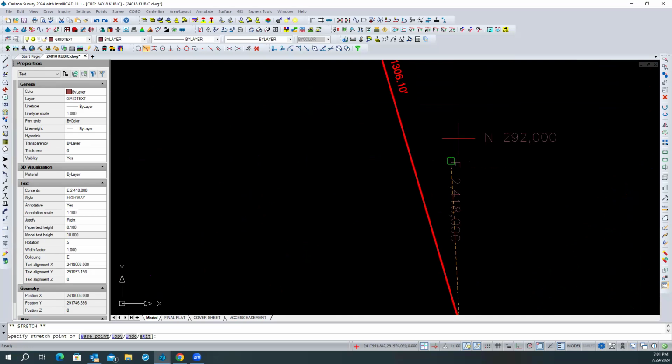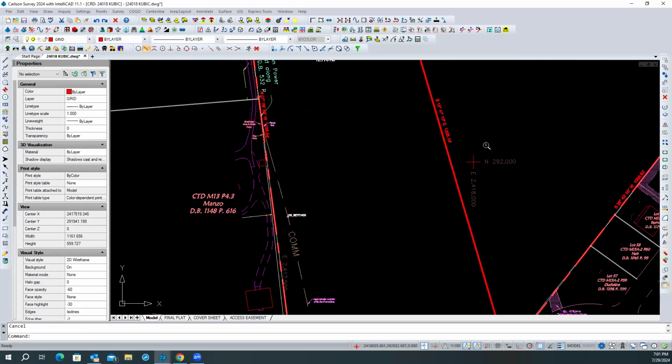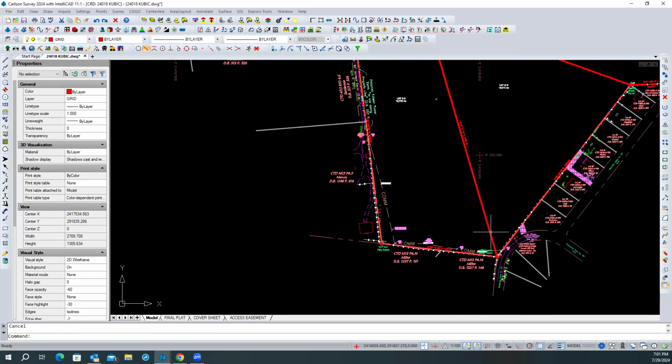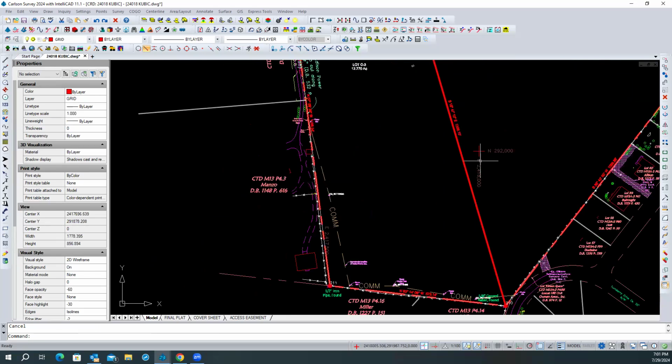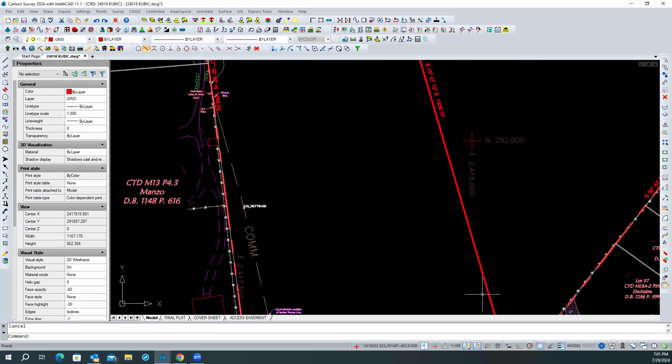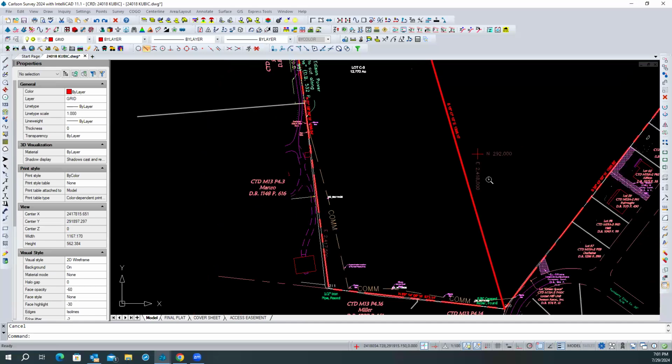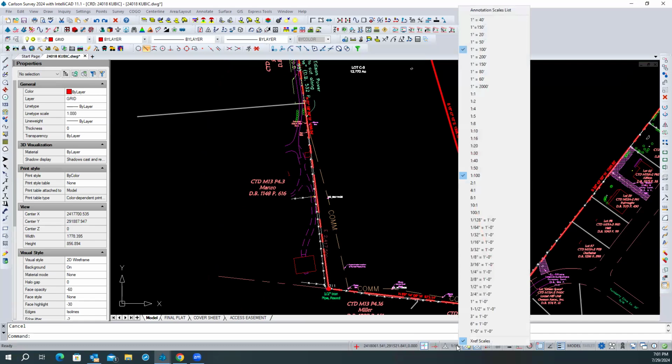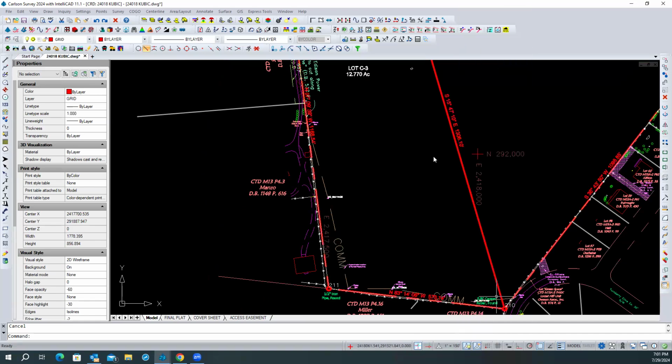and that's why they're out of position, is because they were created at one scale. And then when you change scales, they stay anchored at their insertion point and change their size. And so that's why it was, okay, well, that page is at 150. So what will that look like when I go back to the final plat? Well, if you go set this back to 150,